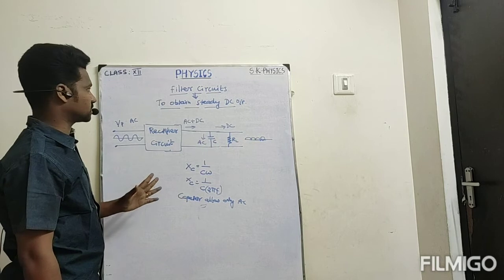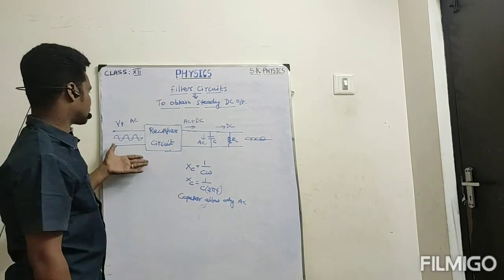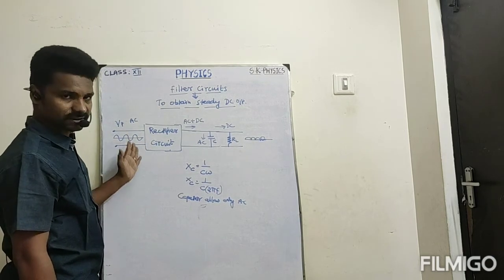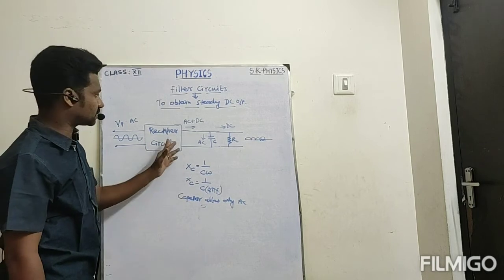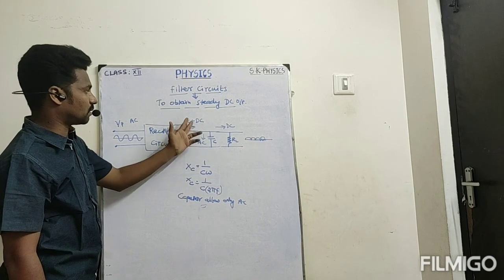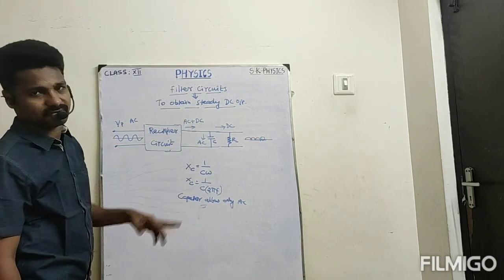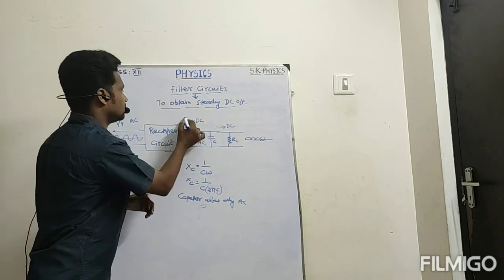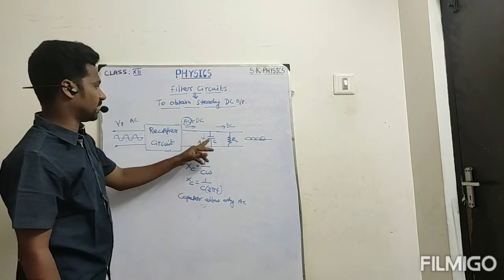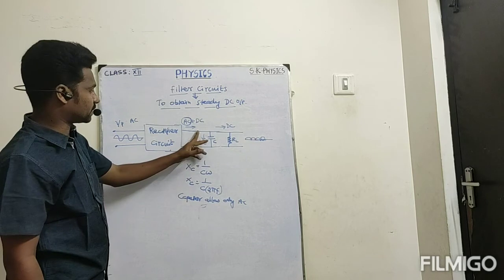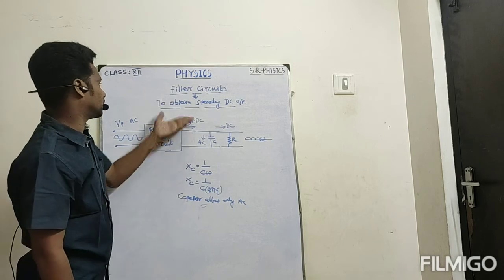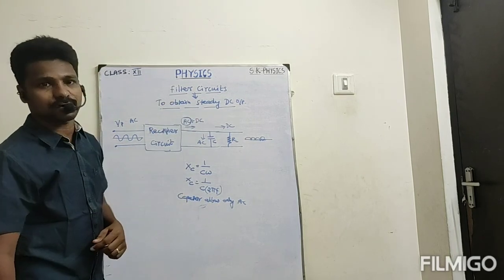The purpose of the circuit is to provide a steady DC. The actual input is AC to the rectifier. The rectifier's work is to convert AC into DC. Good. But in most rectifier circuits, a combination of AC and DC will come. So that some fraction of AC should be absorbed again by using the capacitor. The capacitor absorbs the AC, and only the remaining DC we get in the output. So finally we obtain a steady DC output.